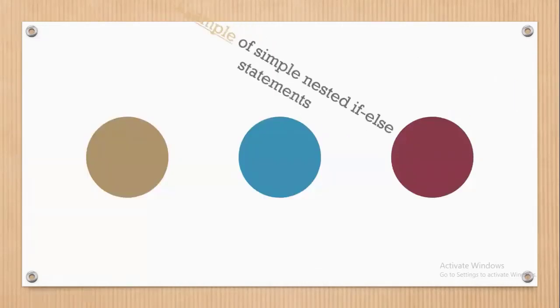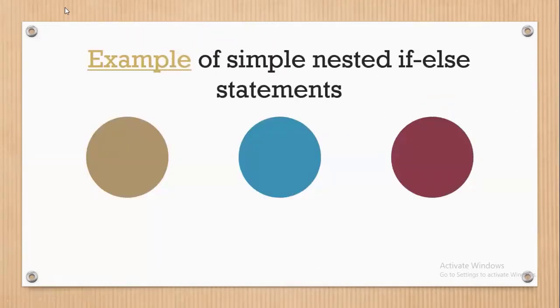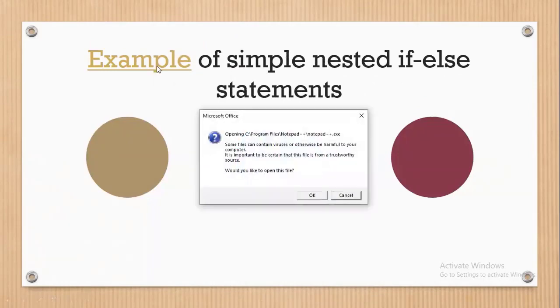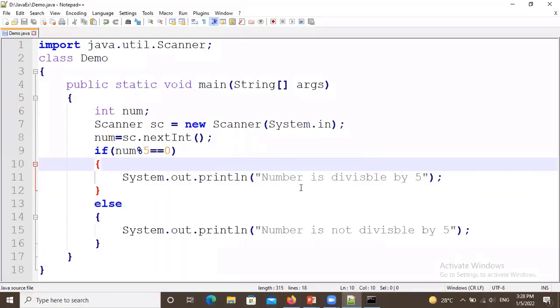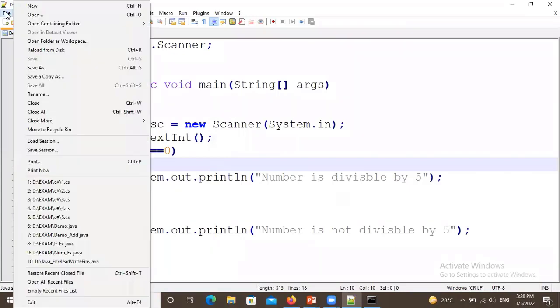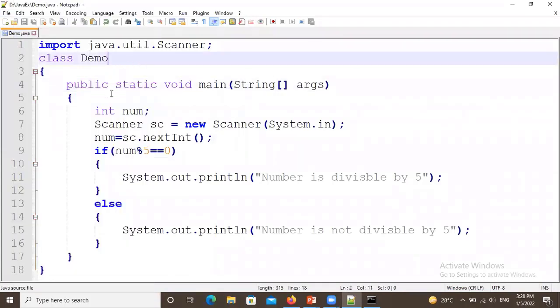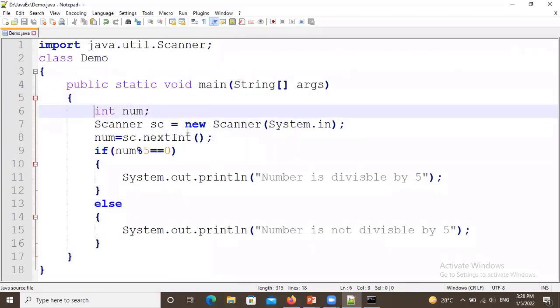Let's have an example of the nested if statement. So the same class file, main method.